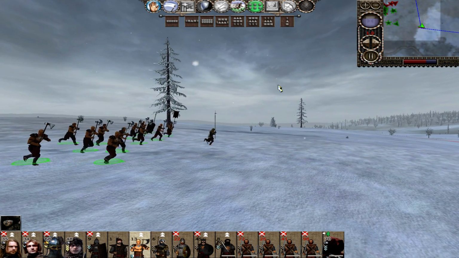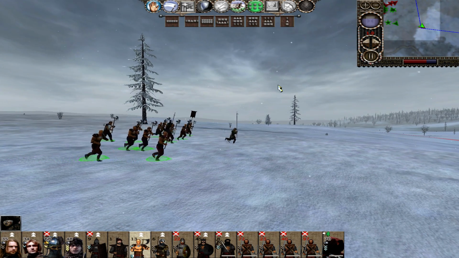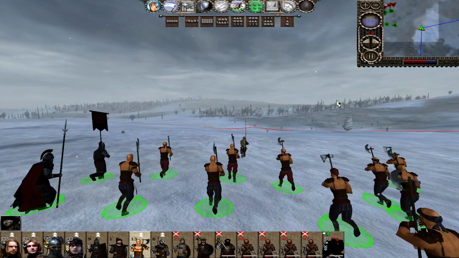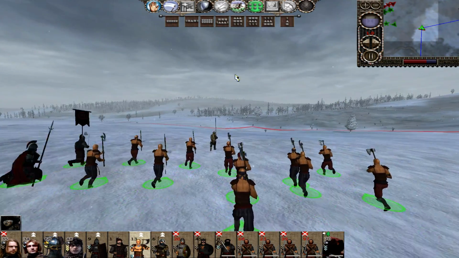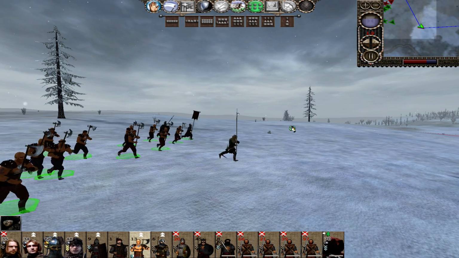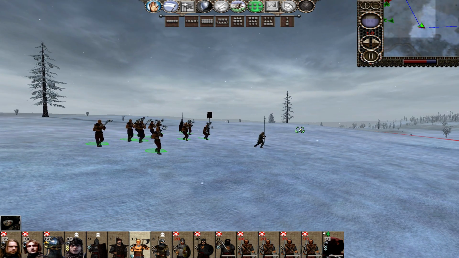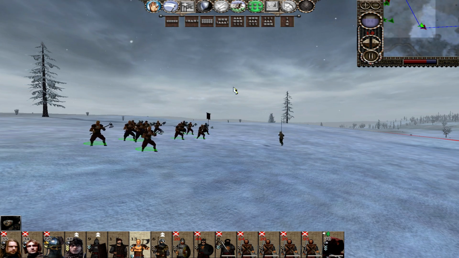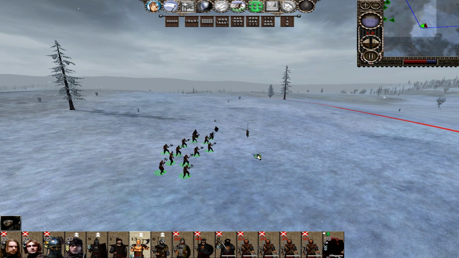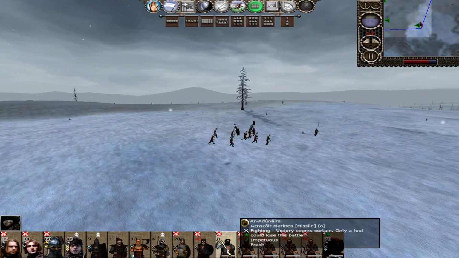But he is doing it, isn't he? He's getting away. You're meant to be one of our best units. You should have a movement speed mod. You're not one of our best units, sorry. One of our most aggressive units. No, you're not going to get him. Let him go. Oh, he changed direction. No, it's over, it's over.